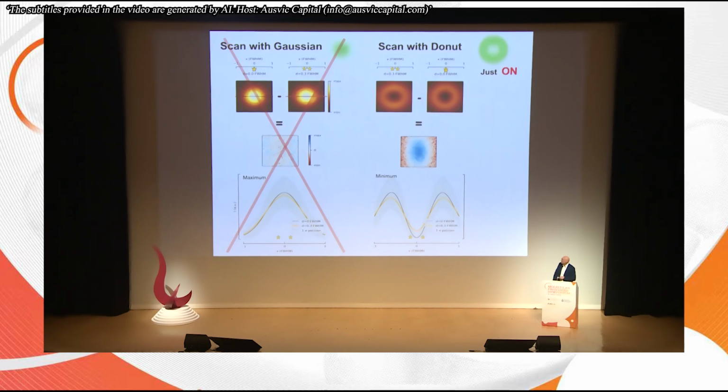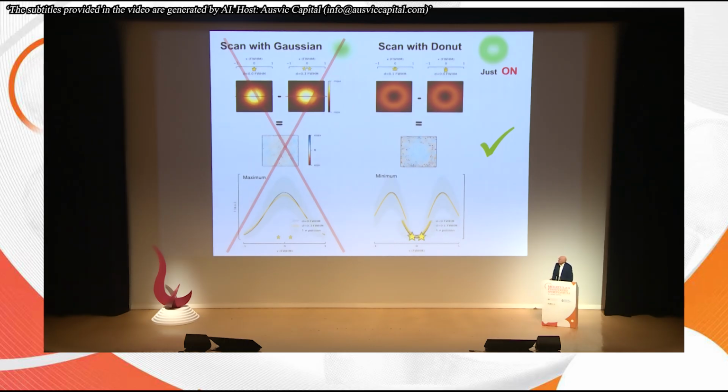The orange one is the one where they are apart. In fact, it's even more crazy. Not only can you separate them, the closer they get, the better you can separate. And this is kind of mind-boggling, because psychologically you might think, okay, if you want to overcome the diffraction barrier from going from 200 to 100 or 50, the closer it gets, the harder it is. But if you do it the other way around with the minimum, the closer they are, the easier it is to separate. So 5 nanometer separation in principle is better than 50 nanometer separation if you do it with a